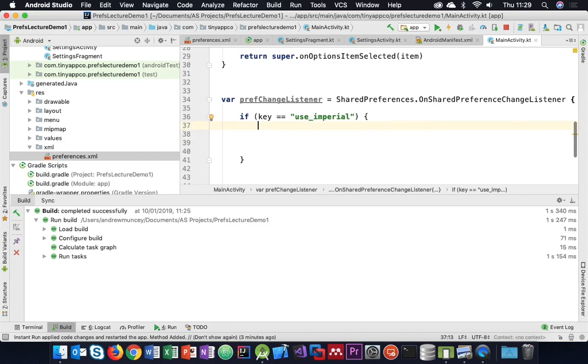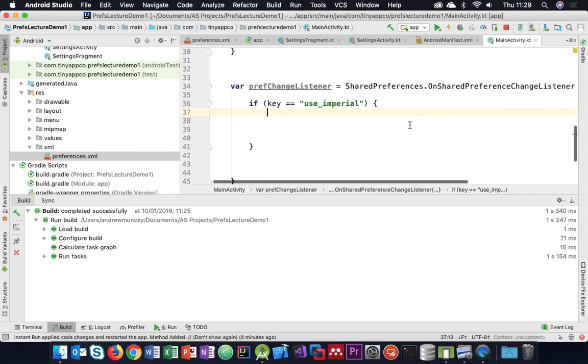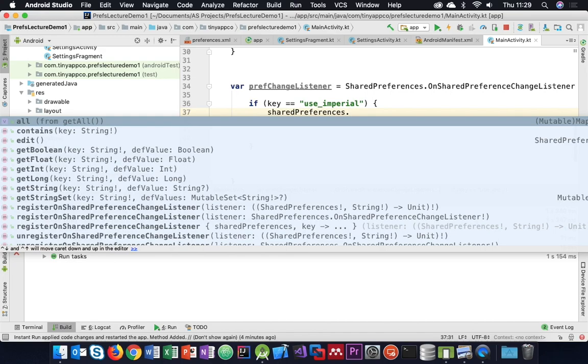So at this point, we know they've changed imperial, but we don't know what imperial is. Okay, we have to somehow find out what the value is. It's a switch, so it's going to be true or false, but we need to find out how we get it. So we can use this shared preferences object,